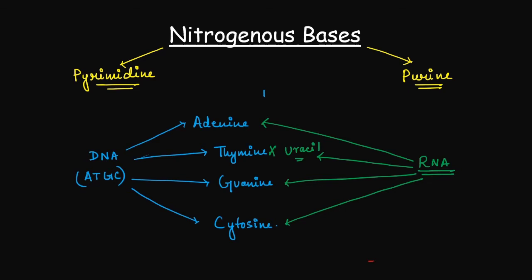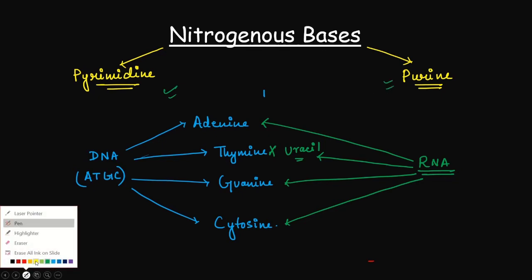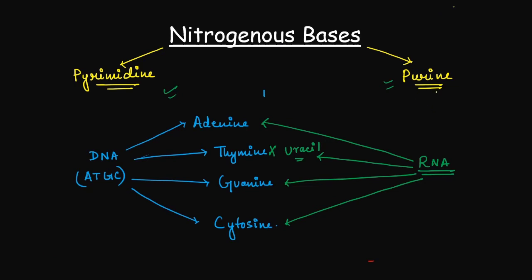have similar structure. So now the next confusion that arises is, among these 5 nitrogenous bases, which of them are derived from pyrimidine and which of these nitrogenous bases are derived from purine. To remember that, there is a simple trick. In case of purine, you can remember it like Pooja. Pu for purine, G for guanine and A for adenine, and rest of the nitrogenous bases are derived from pyrimidine.